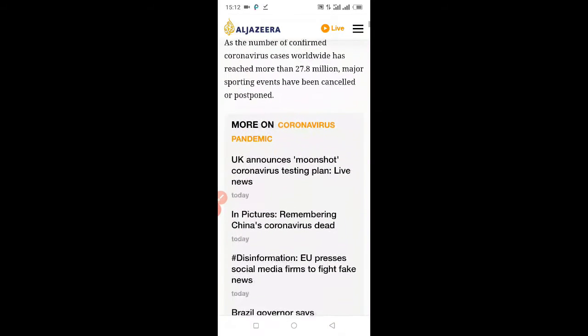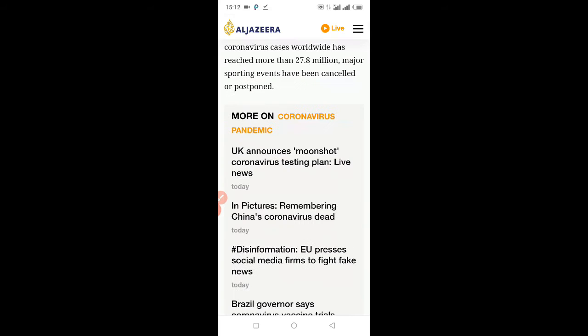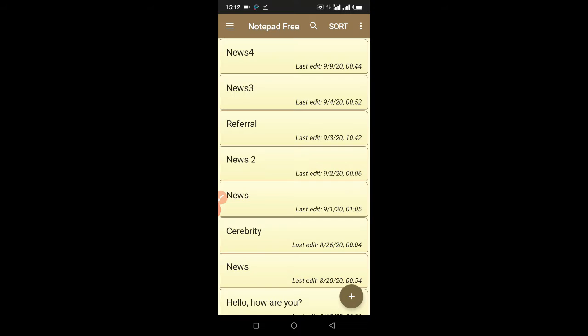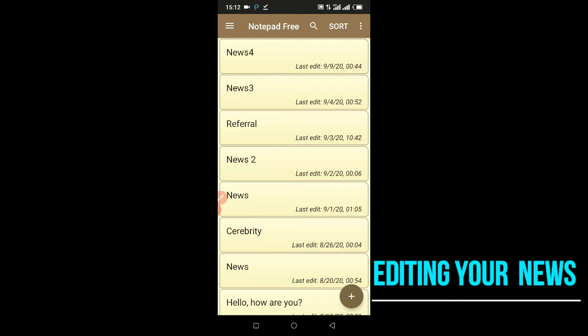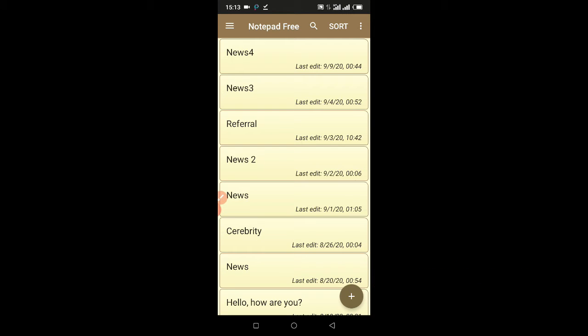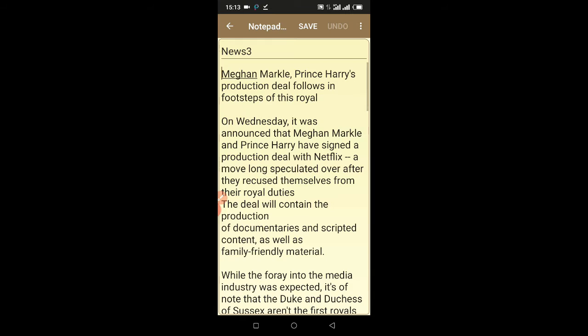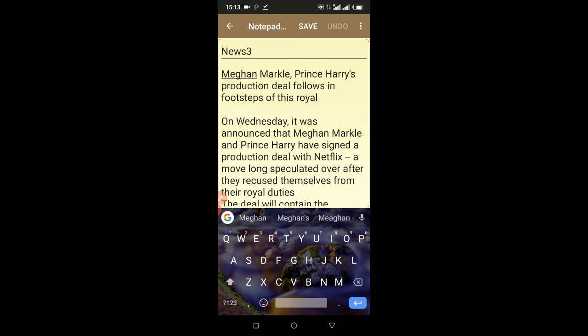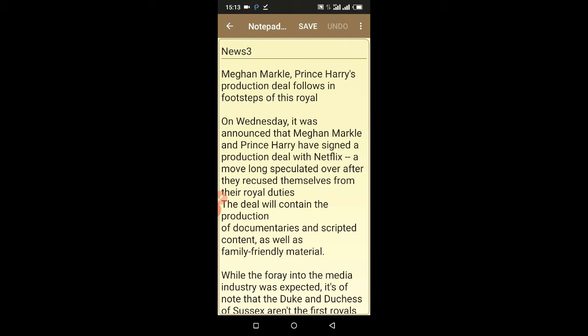The next part is let me show you an example of the news. So this is the notepad that I use, and here's an example of the news which I posted, which is in my notepad.